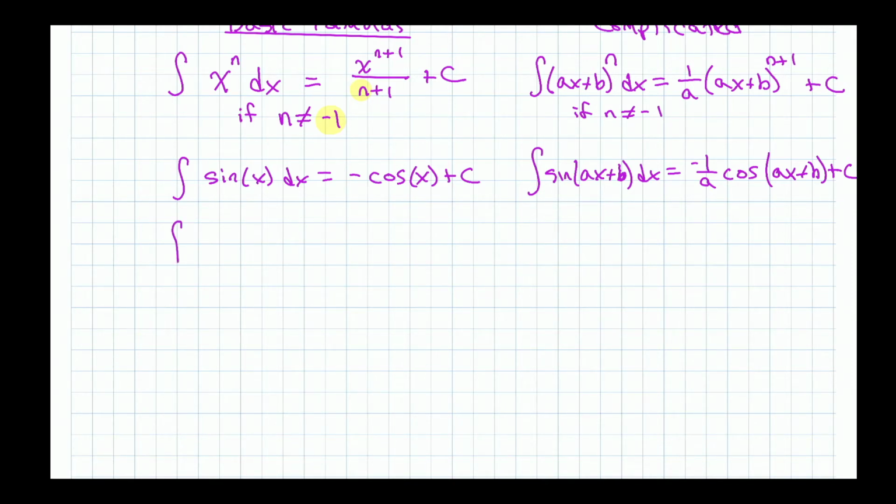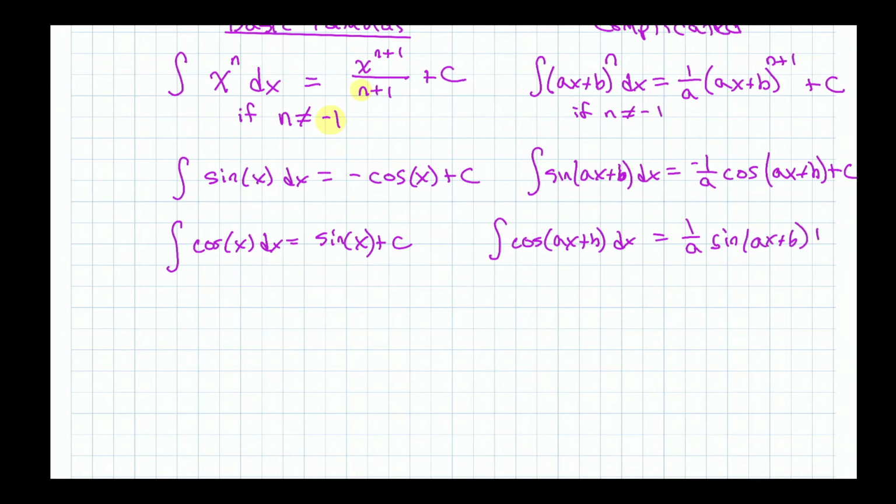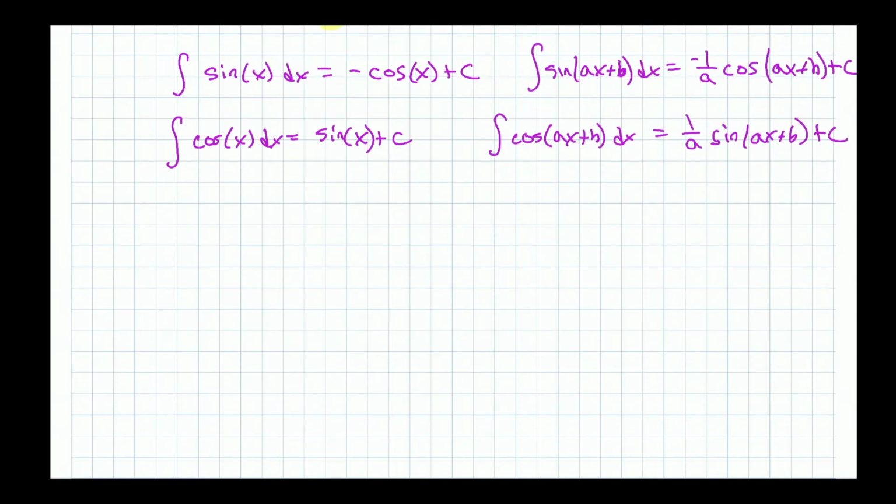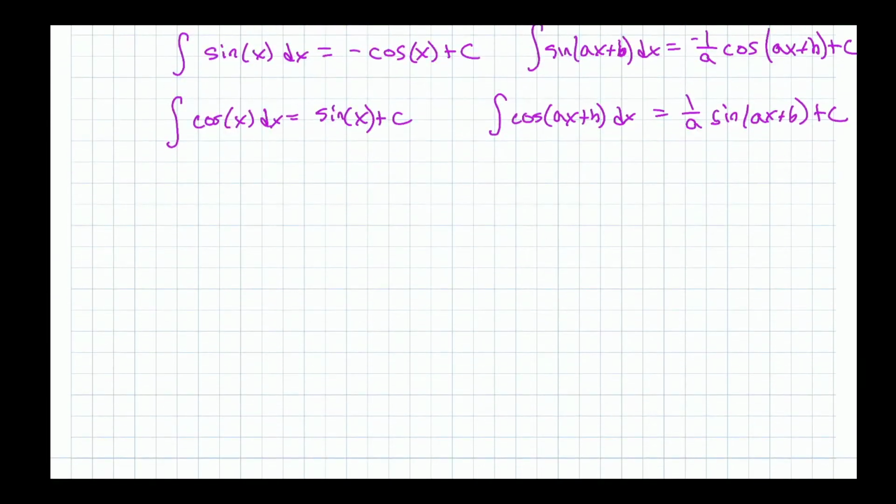Okay, and we can do that for all of the trig functions. So we had cosine x dx is sine x plus c. That one's positive. I'm trying to give myself a little more room, so I'm moving over to the left a little. If you do cosine ax plus b, that one was 1 over a sine ax plus b plus c. Again, the only thing that's new is the 1 over a. So we have sine, cosine,